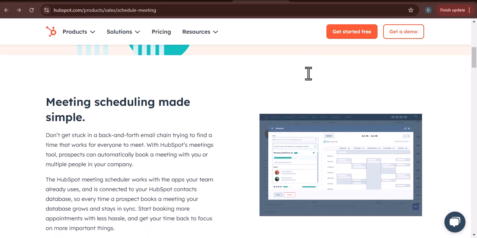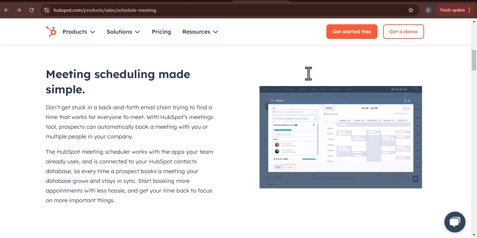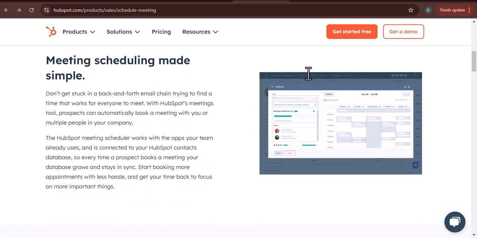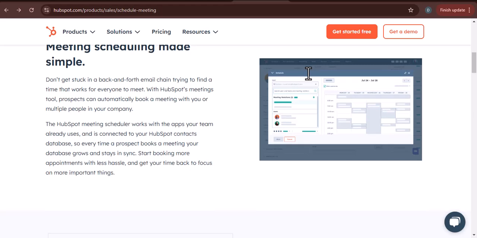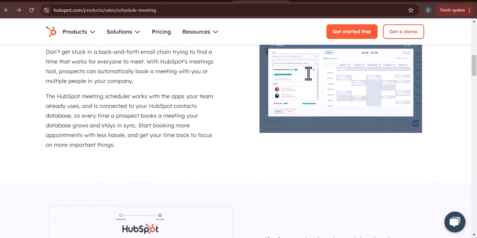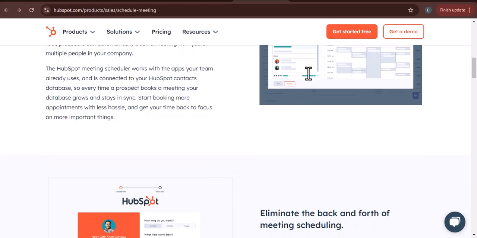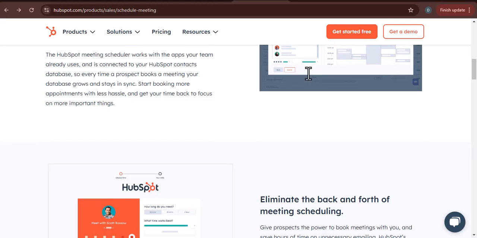By understanding what HubSpot tracks, you can leverage this data to improve your sales process, personalize your marketing, and drive business growth. You can identify bottlenecks in your sales funnel, understand which channels are driving the most qualified leads, and empower your team with valuable insights. Ultimately, HubSpot's meeting tracking is a powerful tool that can help you close more deals and